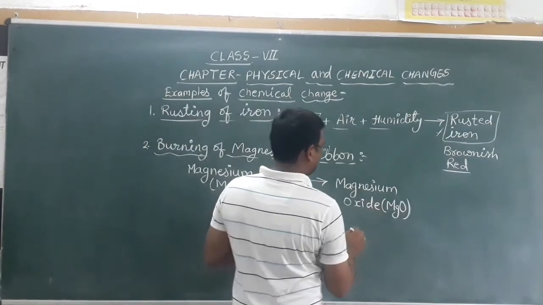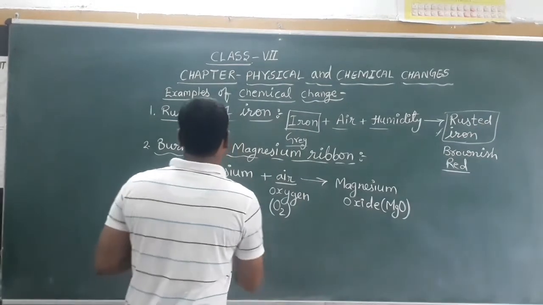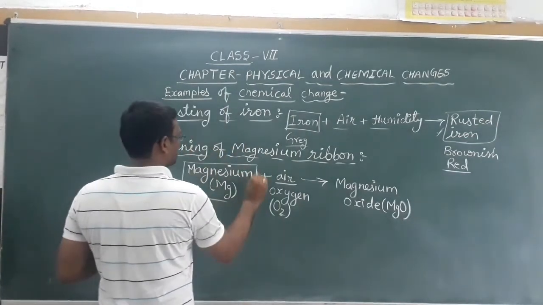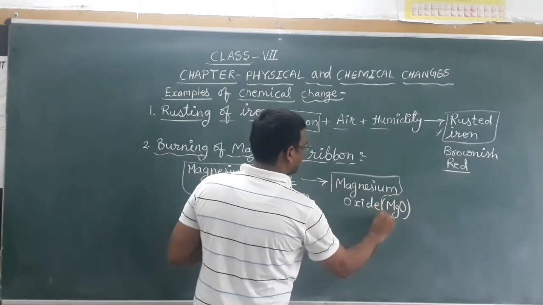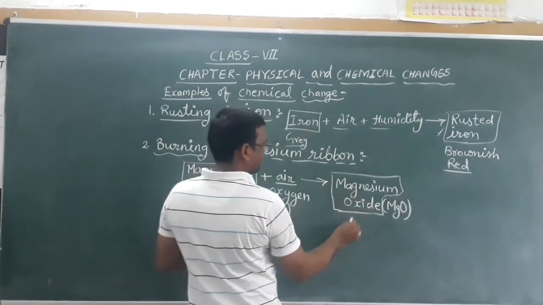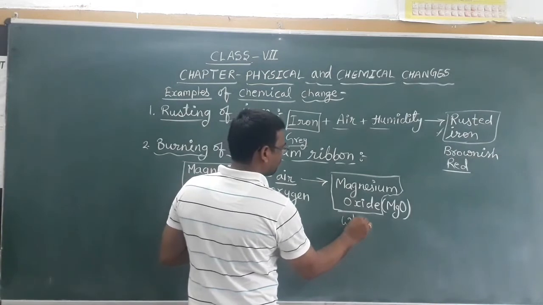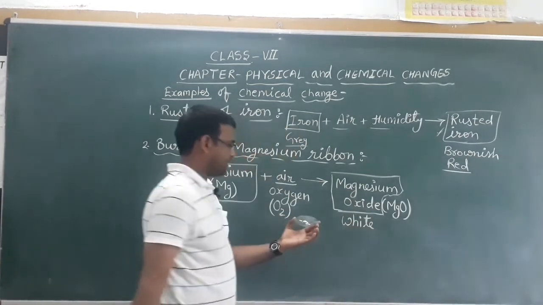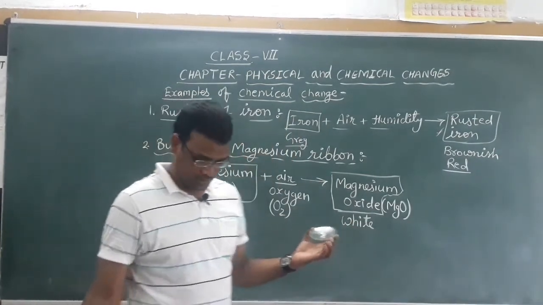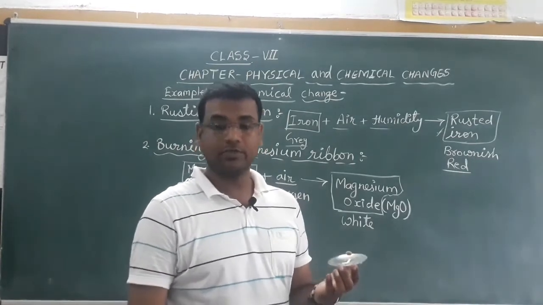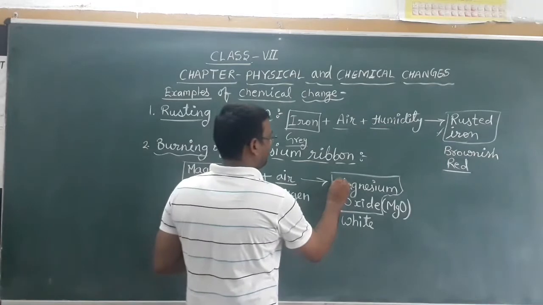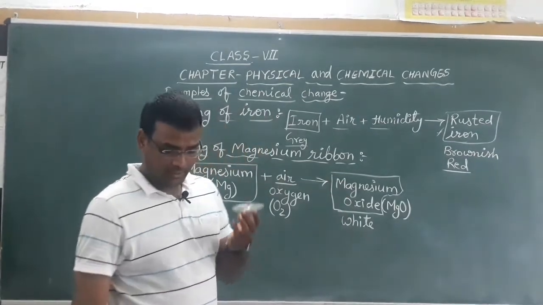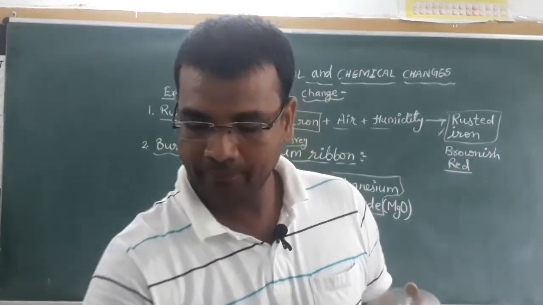Okay, so this is the new substance. Initially we took this substance, and then after we got this substance. The color of this substance is white. You can see it in the watch glass. Okay, so now if we mix this white ash in the